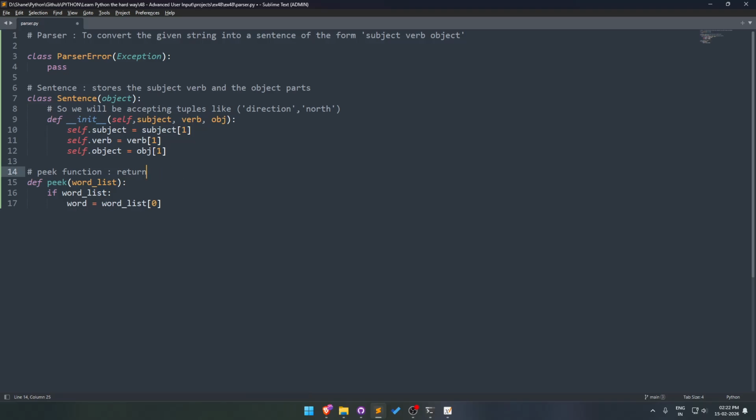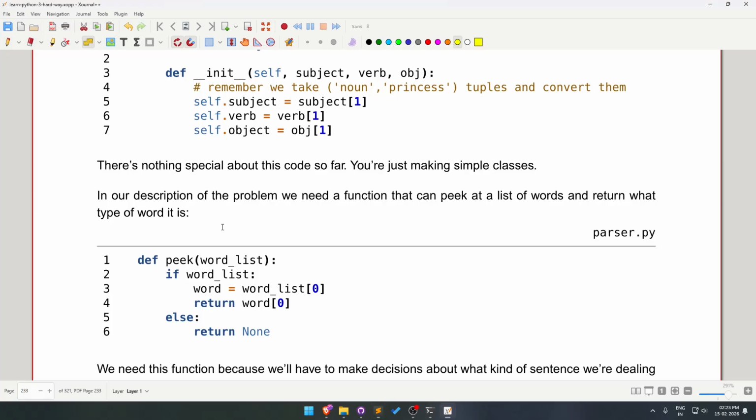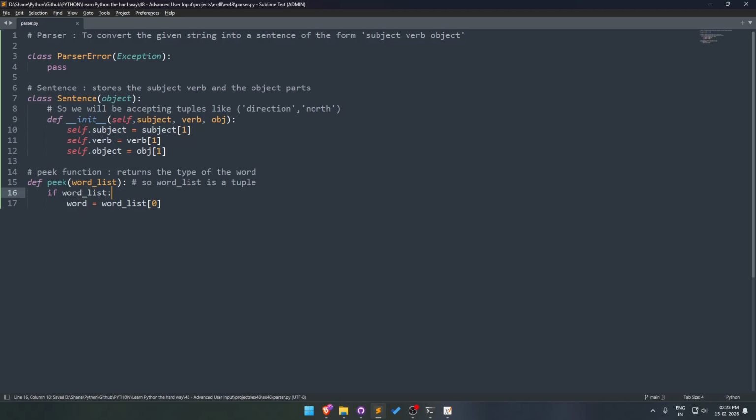It returns the type of the word. So effectively, the word list is a tuple, right? Then we can return word, or else